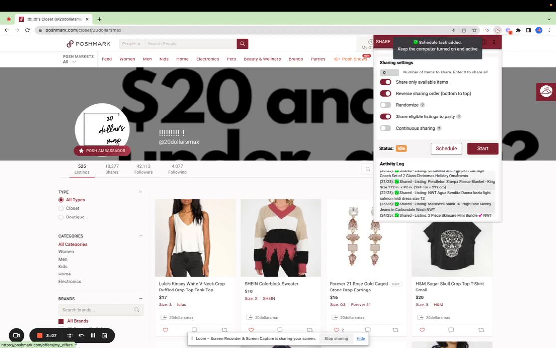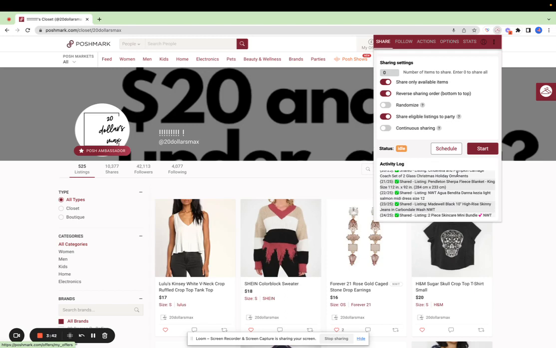Depending on the amount of items in your closet, the amount of scheduled sharing rounds you will schedule will vary. You'll want to take a look at your Posh stats to see the number of active listings you have, and you will divide the 8,000 daily recommended shares by your closet number to see how many self shares that you could perform in a day. However, you might also want to leave room for some community shares, sharing other Poshers' listings, and you can schedule